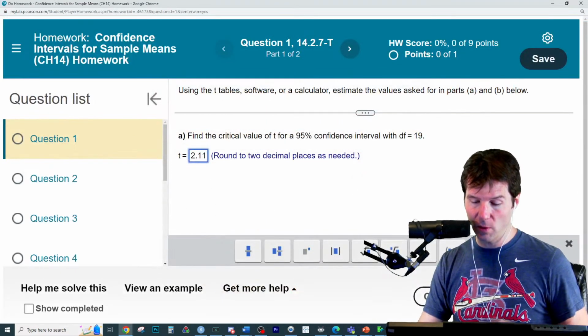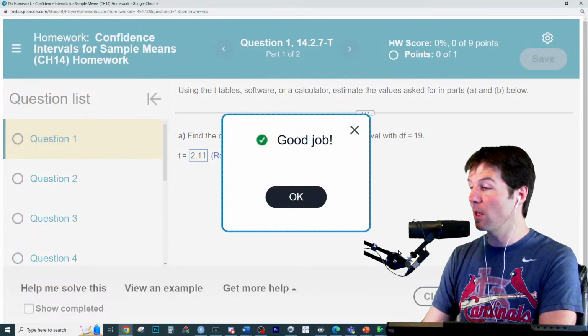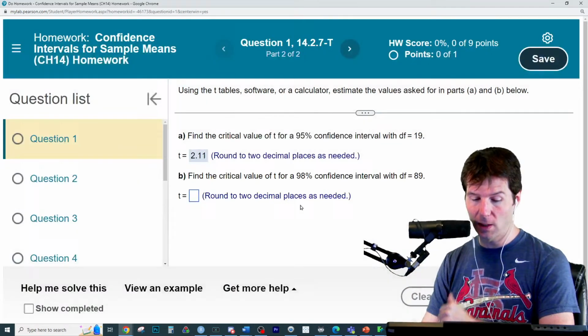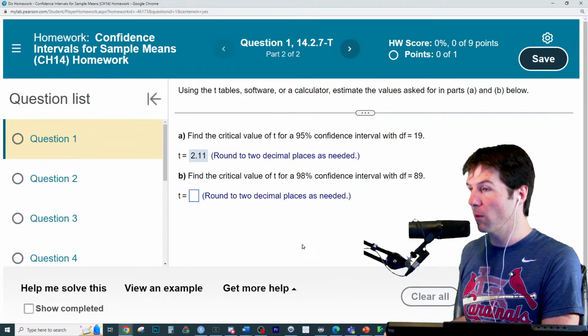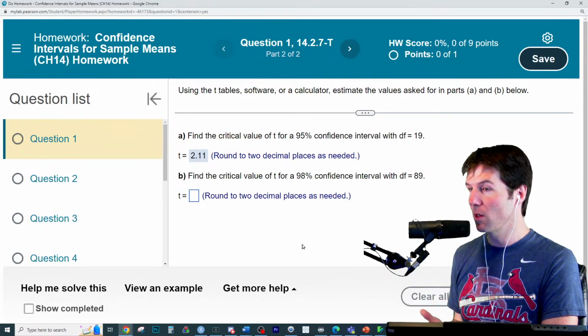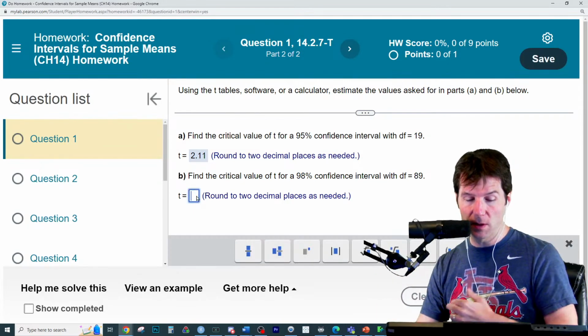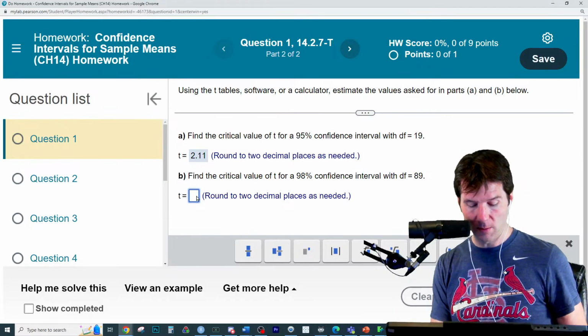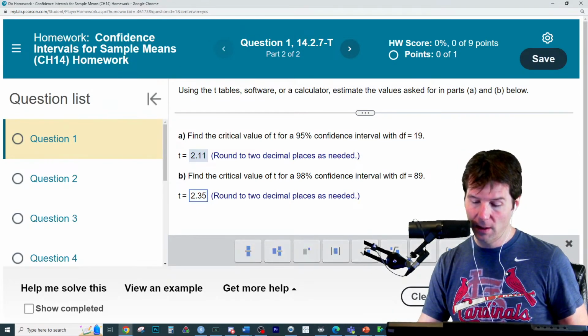There's a little give on this question. I might have got it right with this. We did get it right with our third guess right there, so we got it within the boundary. Now here's the thing. Remember, t's are like z's. So I've memorized all the z-scores, and I know this is 3.3263, so I'm just going to say 2.35 and